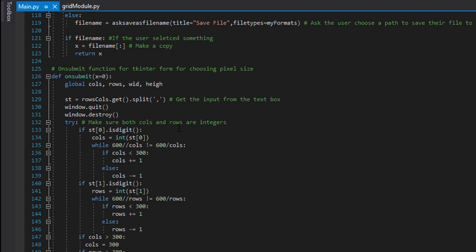It makes sure that it is correct, and that both columns and rows are integers because they cannot be floats. So these are the loops that we have used, along with some simple mathematical calculations and expressions that will be used to verify that the columns and rows are integers and that they are correct according to our application.